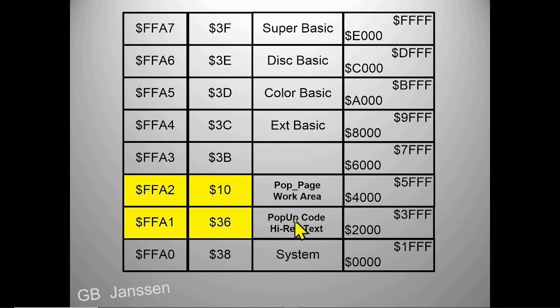So if your code resides in here, it works the same way. Your code will go to the stub, it will swap it out, bring this one in, do its thing, and reverse itself back out. It will go there, flip your code back in, and it works the same way. Likewise, if it's in here, your code would go to the stub, swap this one out, get this one swapped in, execute it, and reverse